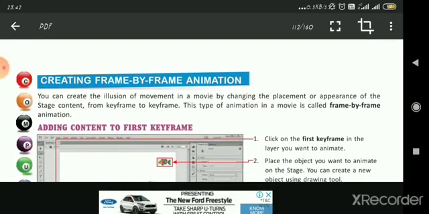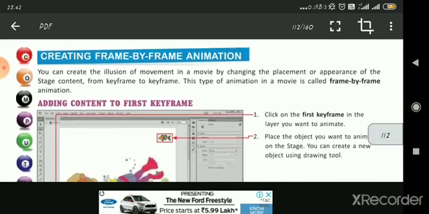Okay, now the next topic is creating frame by frame animation. It means you have one frame, then again a frame, one by one, as you create an animation on the frames. You can create the illusion of movement in a movie by changing the placement or appearance of the stage content. It's just an illusion that we see that a movie is running continuously.